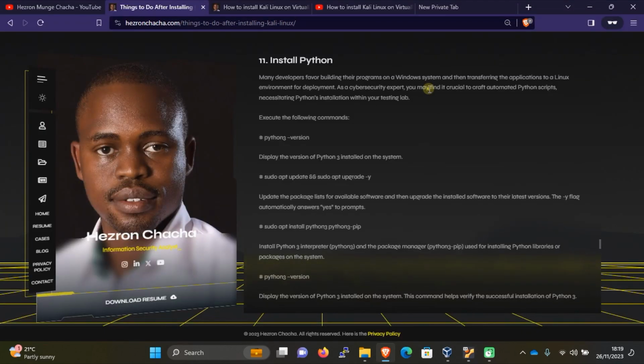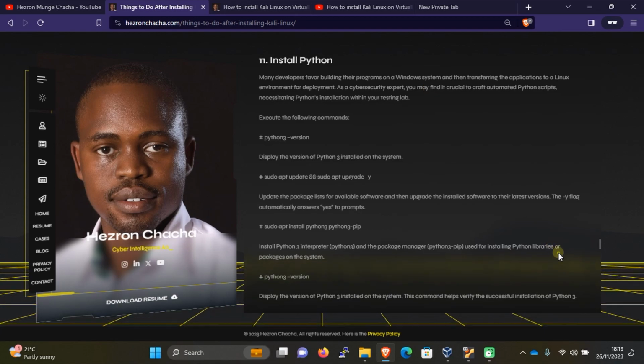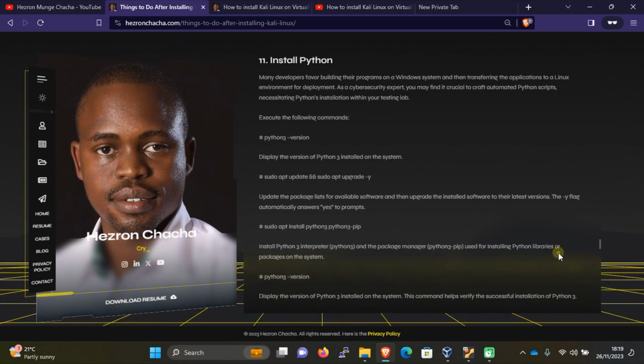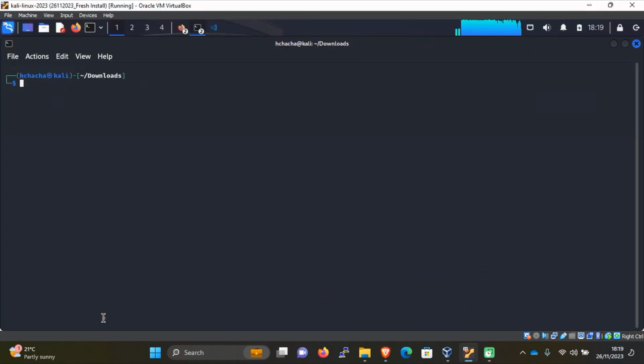So the next thing to do is install Python. Just to confirm, as a cybersecurity expert, you may find it crucial to craft an automated Python script, and for that, we need to have Python installed in our test lab. So I'll move to our lab. The first thing I'll do is check if I have Python installed, so I'll check the Python version. I'll write python3